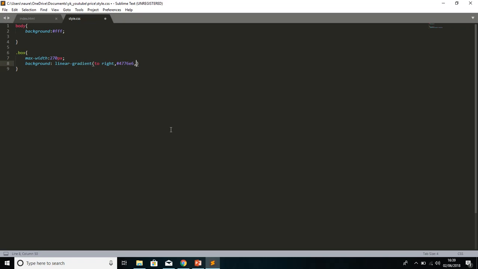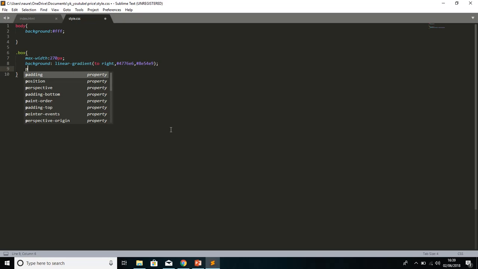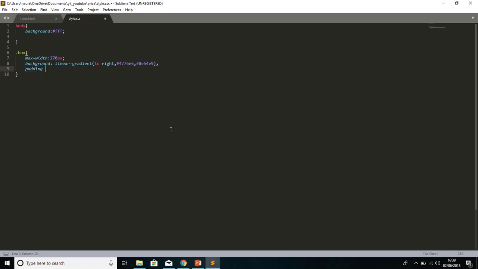What you can do, you can customize your own gradients, so 8E54E9. You can get any hexadecimal value of the color palettes and it will be a combination of gradient. But it totally depends on you, but I advise you, if you follow first my video and then start tweaking, so you will enjoy and you will create your own design. That's what I do. So 30 pixels padding,